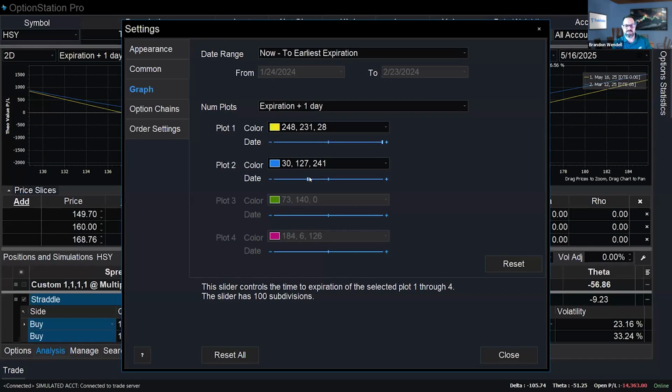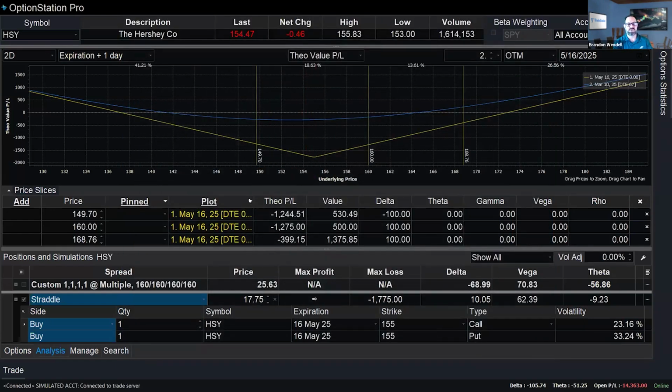Actually, let's say if it's 30 days, I'm going to go a day or two before because that's where I may exit. Instead of waiting for prices to move, I may want to exit when the volatility is very, very high and have a decent profit. So let's price that out. Again, I backed it up 2 days. There we go. And I'm going to change the plot to plot 2. So all these numbers are based on that exit date, which is roughly 28 days from current date.